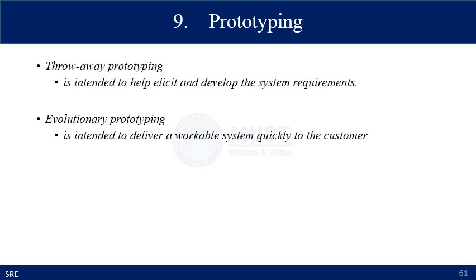There are two types of prototyping, and one is referred to as throwaway prototyping. It is intended only to help elicit and develop the system requirements, without further use. The other form of prototyping is called evolutionary prototyping. In this type, the prototypes are intended to deliver a workable system quickly to the customers, and the same prototype is evaluated over time to produce the final outcome